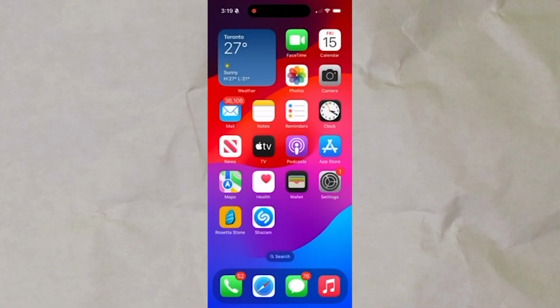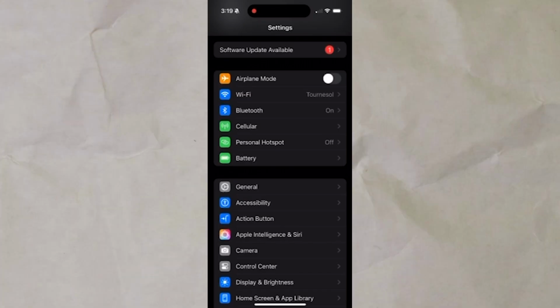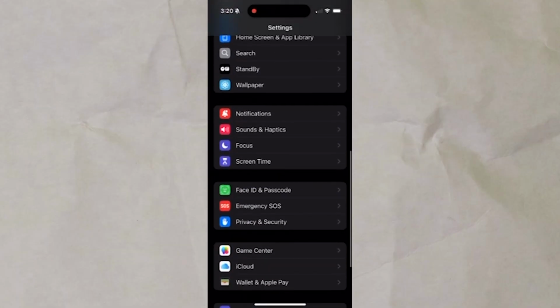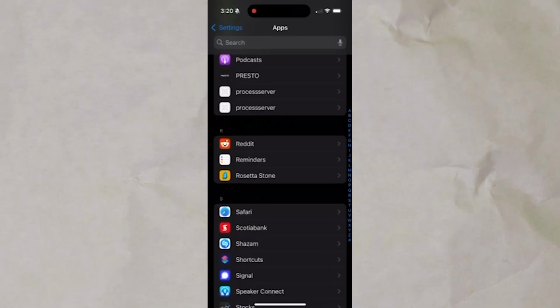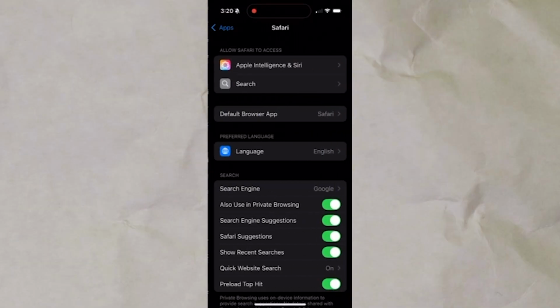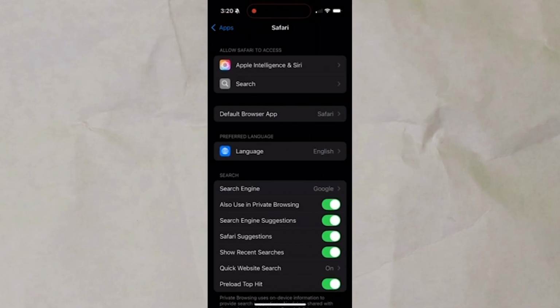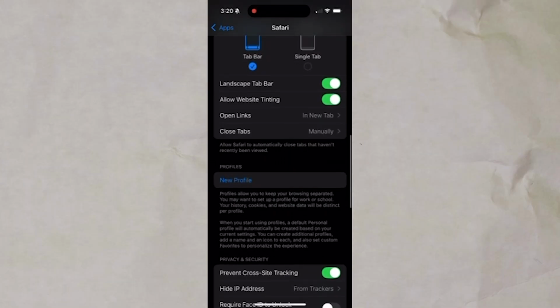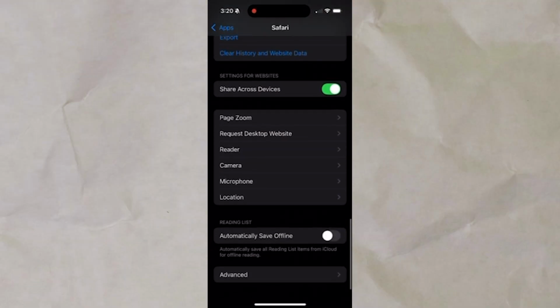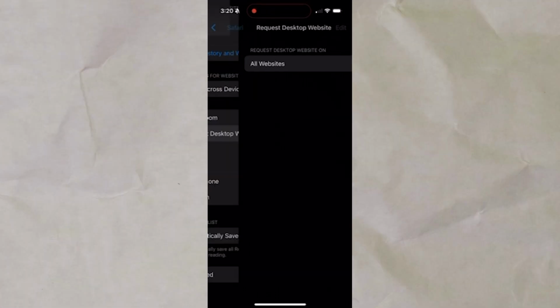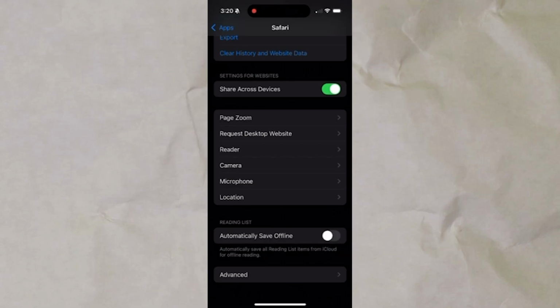Go to the settings page, then go to apps. Then in the apps page, find Safari. In Safari settings, scroll down until you find Request Desktop Website and go to this. Toggle on All Websites. Now if you open Safari, all websites you visit will be in the same format as